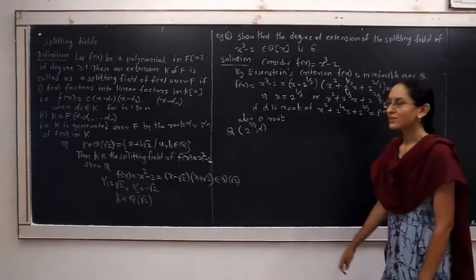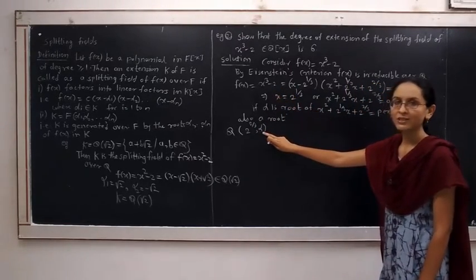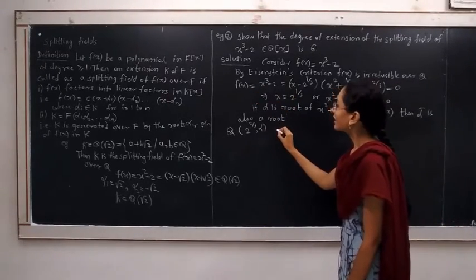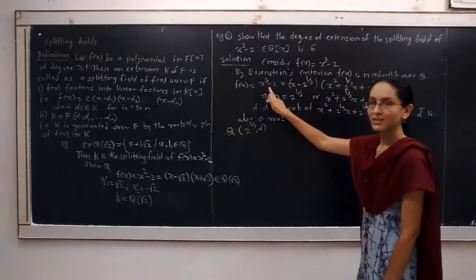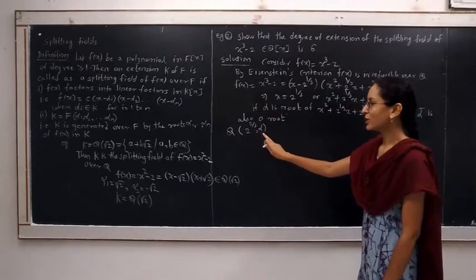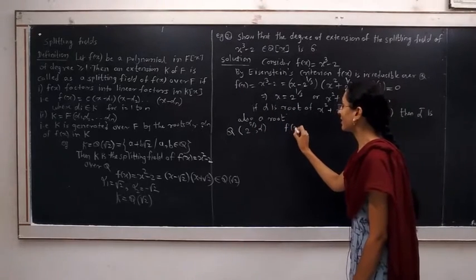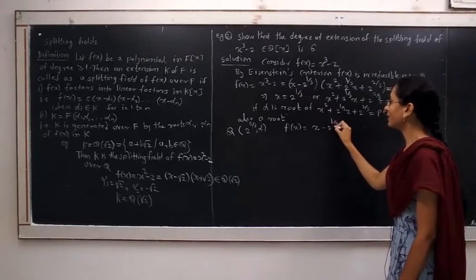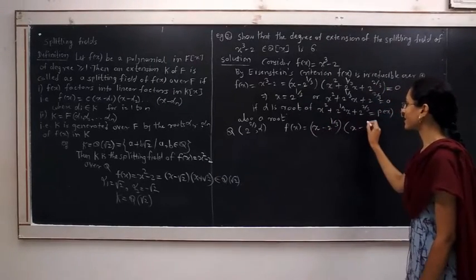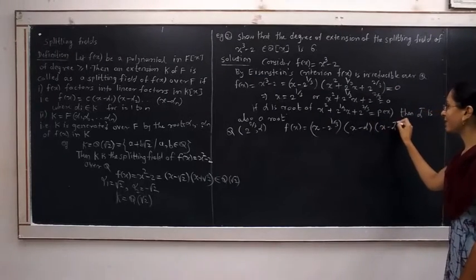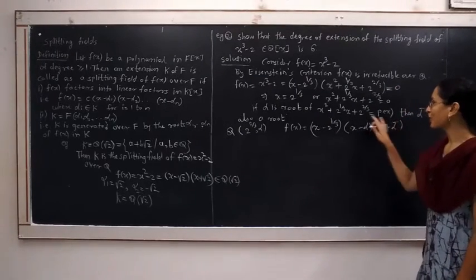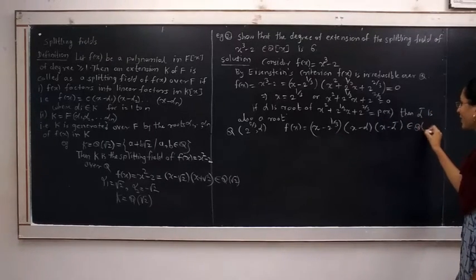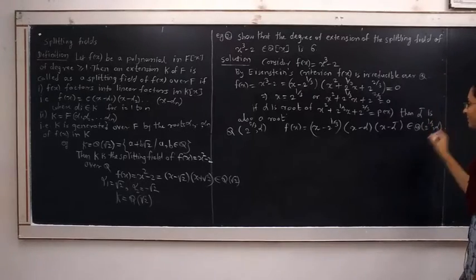This extension consists of all the roots of the polynomial f(x), meaning if we factor the polynomial f(x), then all the factors of the polynomial f(x) belong to this field, Q joining 2 raised to 1/3 and alpha. The factors are: f(x) is equal to, one of the factors is x minus 2 raised to 1/3, and the other two factors are x minus alpha and x minus alpha bar, where alpha and alpha bar are roots of the polynomial f(x). All these factors belong to the field Q joining 2 raised to 1/3 and alpha.